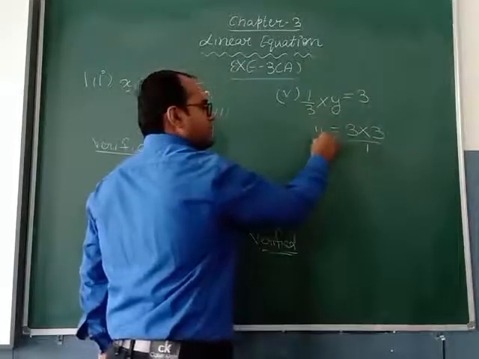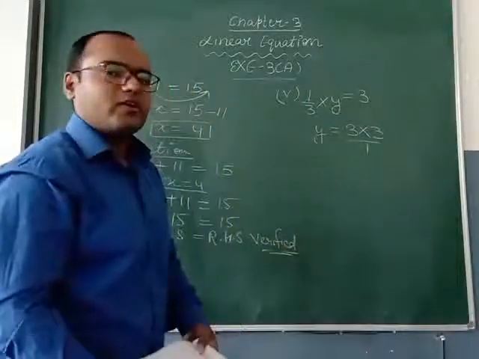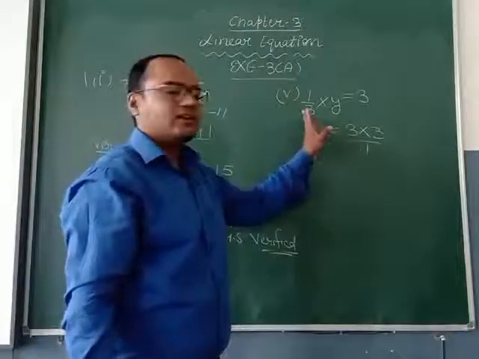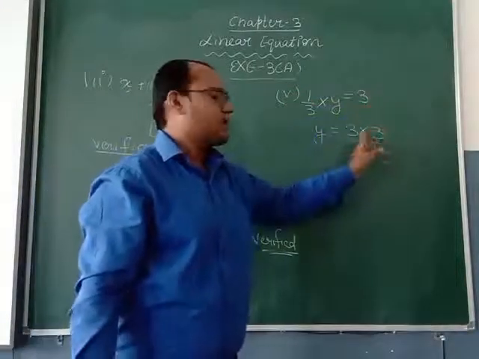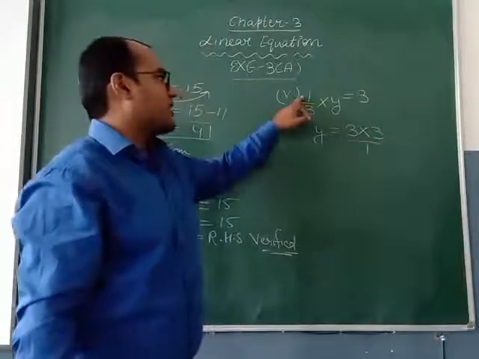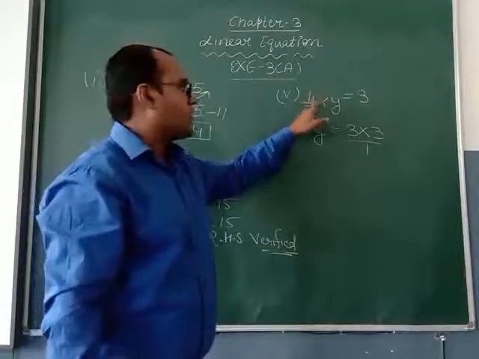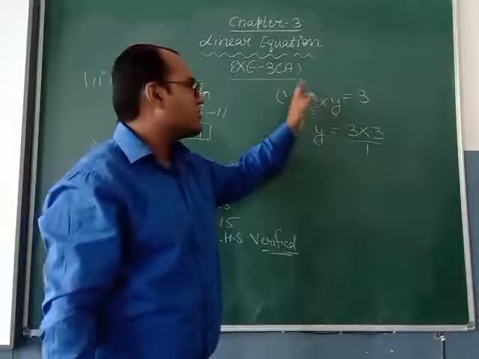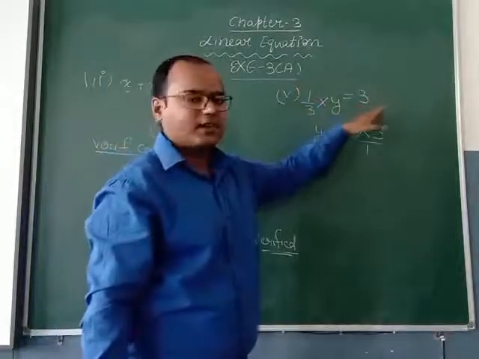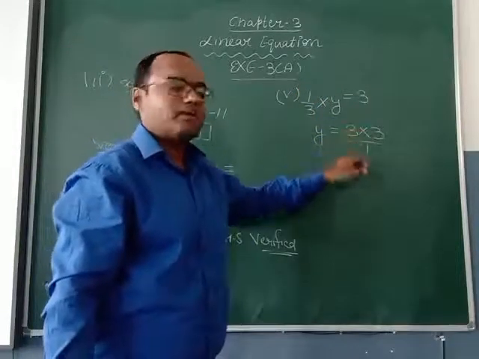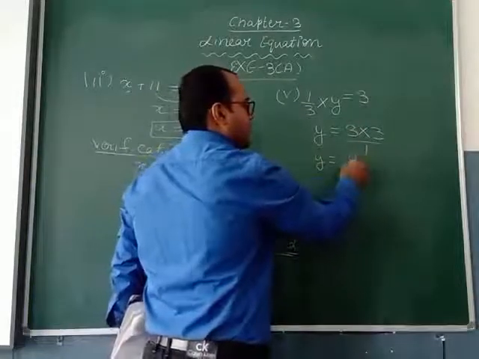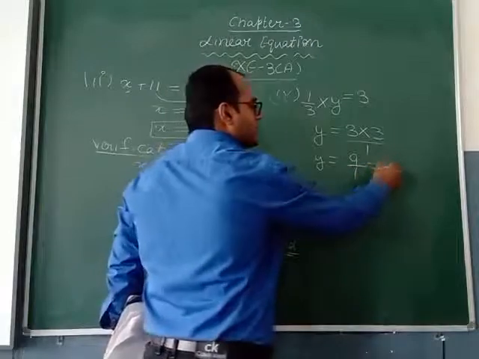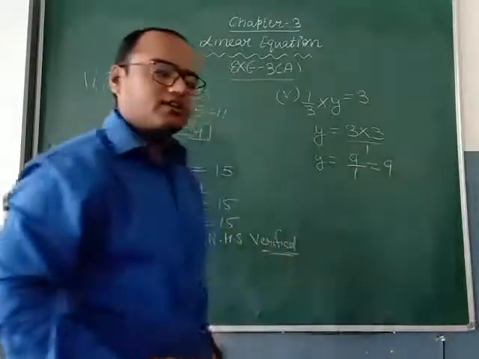On the left hand side we will write y as it is. So what we have done: 3 is in divide, upon means divide. When we bring it to the right hand side it will come in multiply, and this 1 is in multiply with y. These two are in multiplication, so 1 will come on the right hand side and it will be written in divide. Now y's answer is 3 threes are 9 upon 1, and 9 upon 1 means 9. So here we got the answer of y.